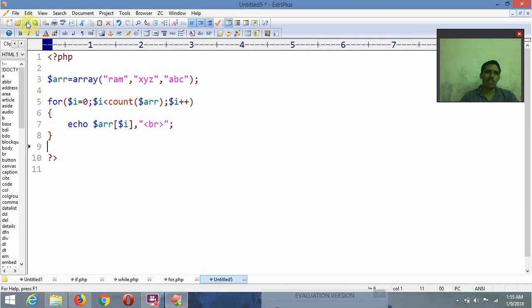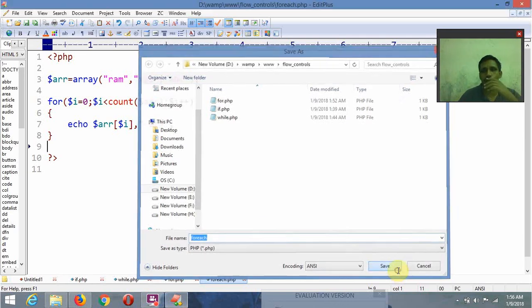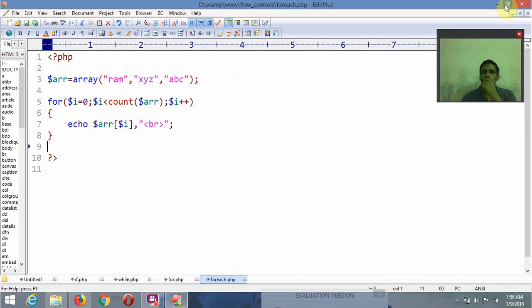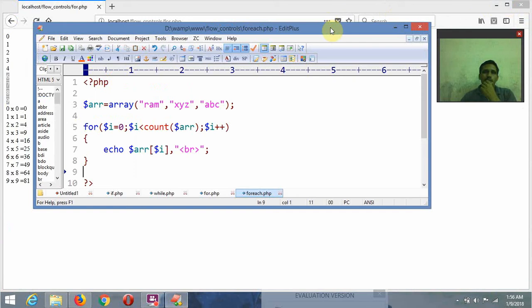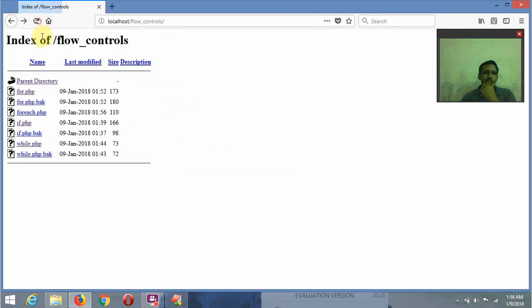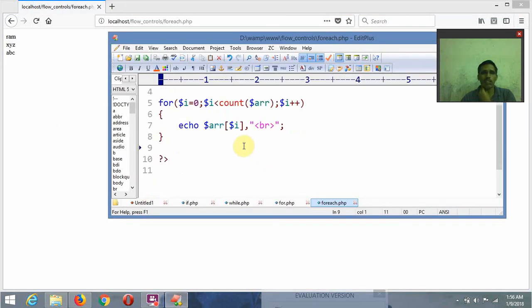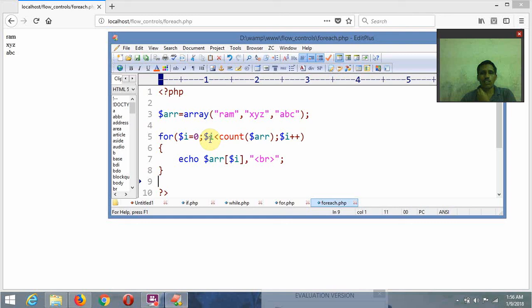What is the difference we have? Here I am saving it as foreach.php. If I minimize, move back and refresh, here we have foreach.php. It is displaying the values rom, xyz, abc, and instead of using initialization, condition checking, increment and decrement,